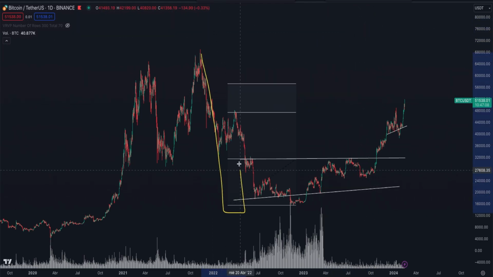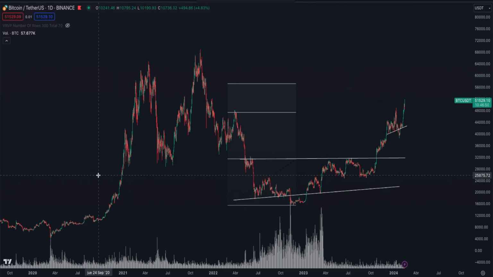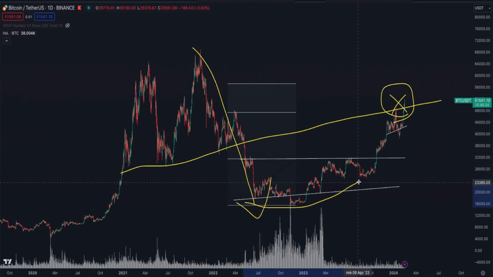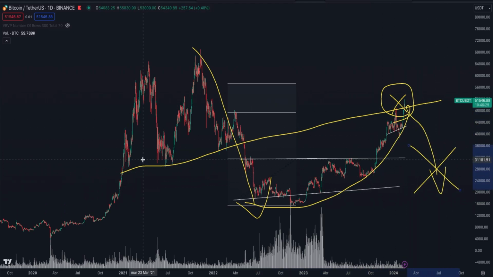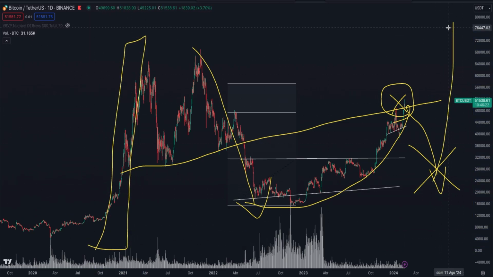That's why here we have a macro downward impulse. This is its W, this is its Y, and all of this is a very aggressive Z. And that's why from Crypto Insight, we were looking for the origin of the breakout, structures that allow us to estimate where that limit of the Z could be that suggests we are going to have such a correction. The correction, by the way, we think will fail, and then we will look for the replica of the upward impulse, much larger, to take us to new all-time highs.